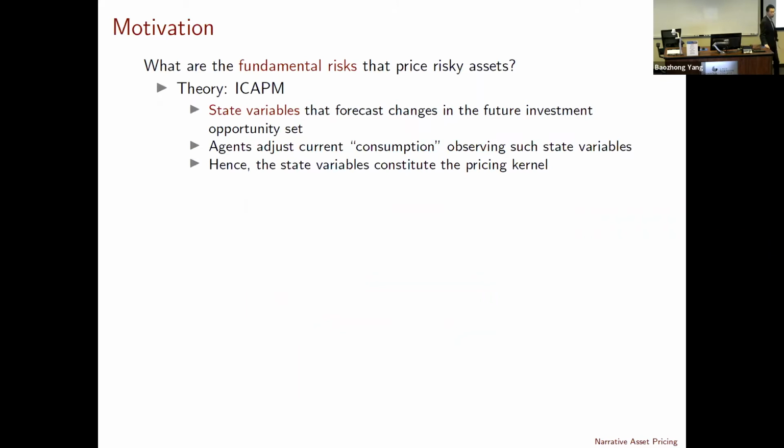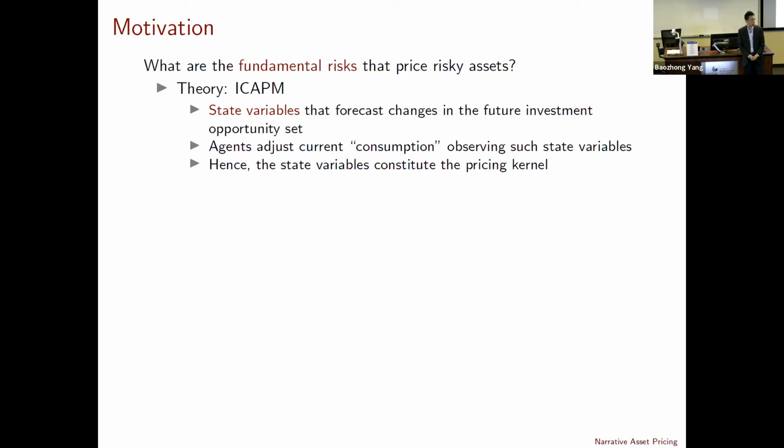Right, so motivation. The typical, very central question in empirical asset pricing is why do different assets earn different expected returns? The conceptual answer to this question is quite straightforward: just different risk. The higher the risk, the higher the expected return. But then the question is, what are those fundamental risks that people care about when they are thinking about what is the right price, what is the right expected return?